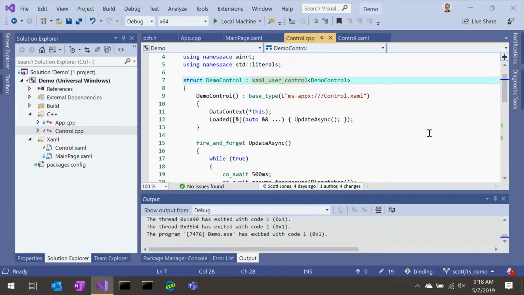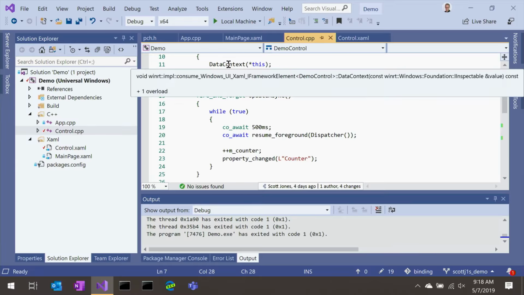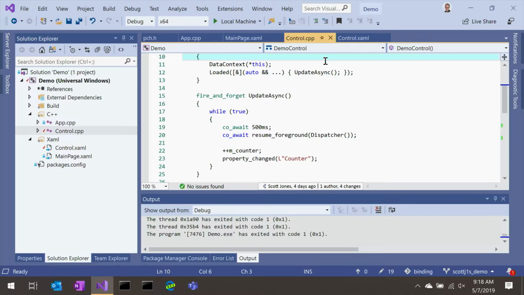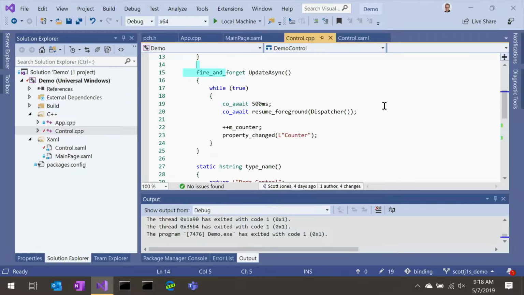Back in control, we see that the data context is set in the constructor, and then when the loaded event is executed, it executes an update async coroutine. Update async is a fire and forget, so it starts off running and returns immediately without blocking the caller.